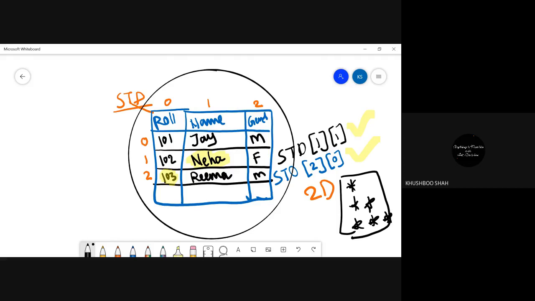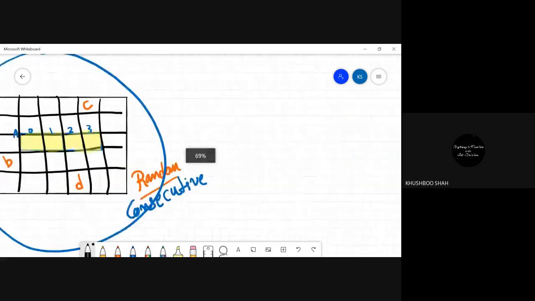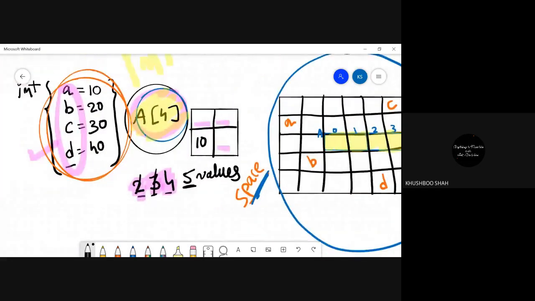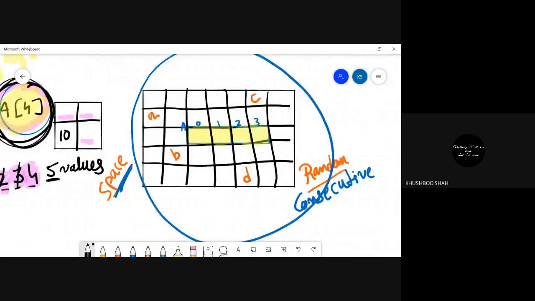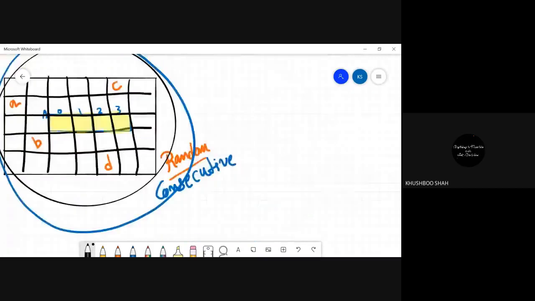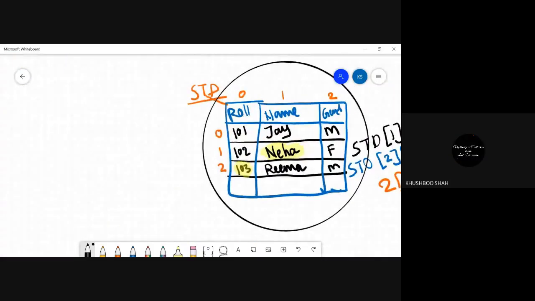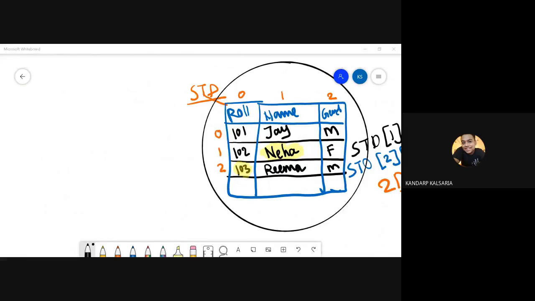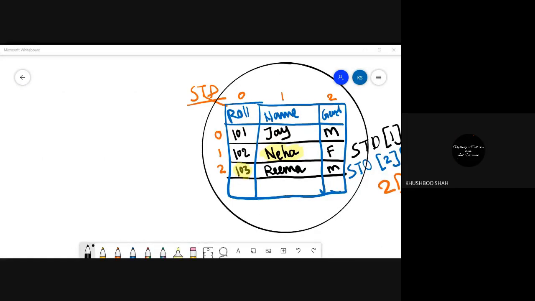But with the concepts we know till date, like declaring variables and declaring an array and storing the data this way, can we store this type of data? Yes, ma'am. How? Ma'am, by using a for loop. By using a for loop. Okay, who is saying this? Skandar. Yes, ma'am. Okay, by using the for loop, and how will you declare this?